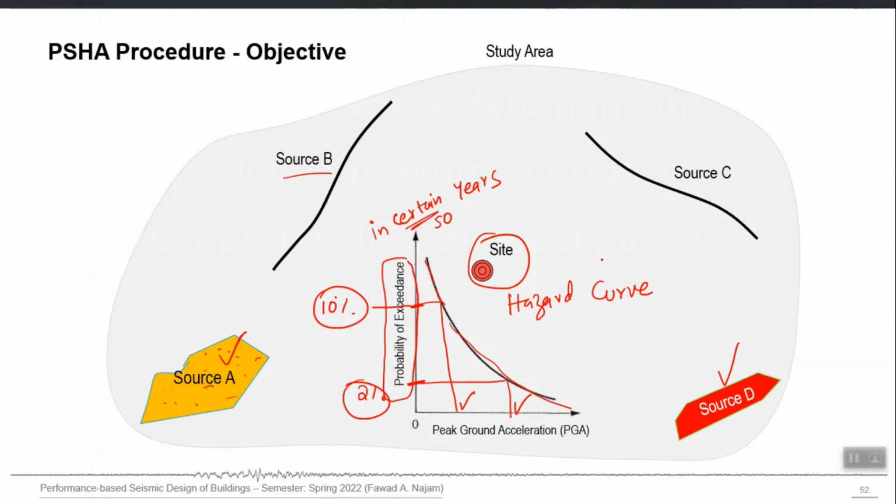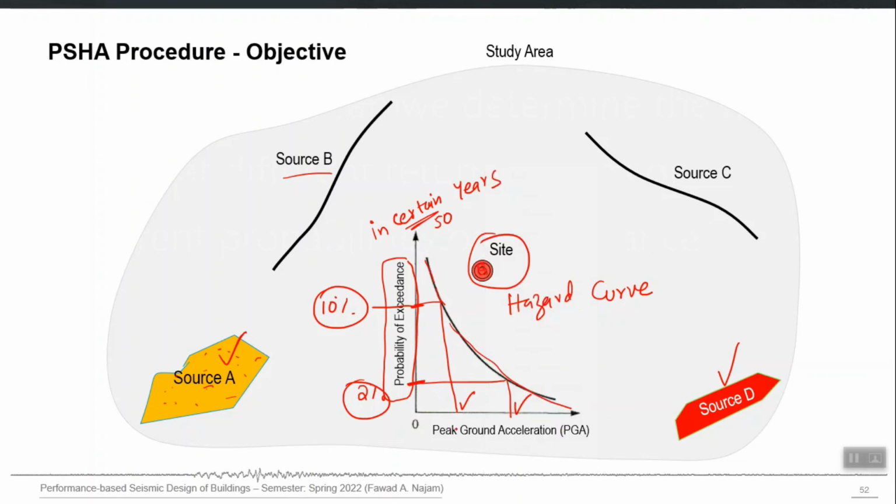So this is the final output required. This hazard map, hazard curve, can be converted into a map if the curve for each point is available, right. Similarly, you can also use this hazard curve to construct the spectrum at your site for any DBE or MCE level. And the process goes like this: once you perform PSHA for this particular site